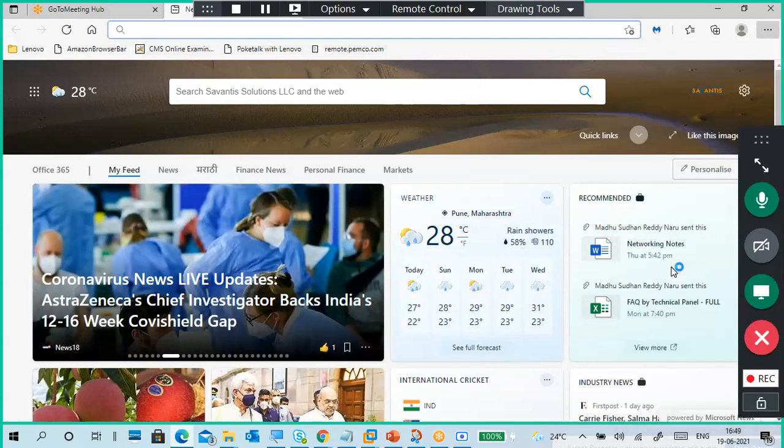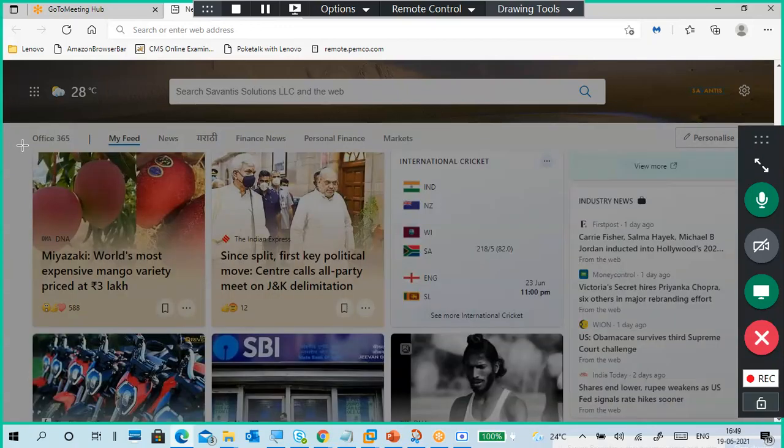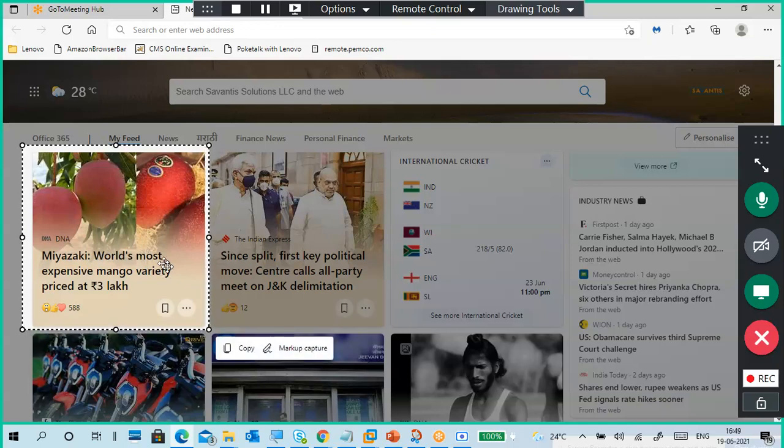Like web capture: capture area, capture full page. I'll pick capture area. For example, I want to capture only this thing. You can markup capture, or copy it.